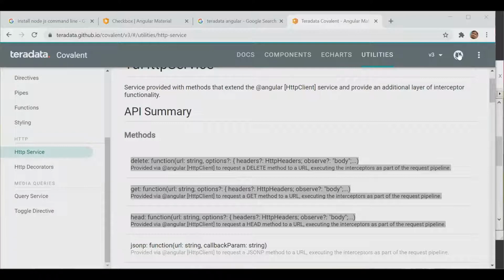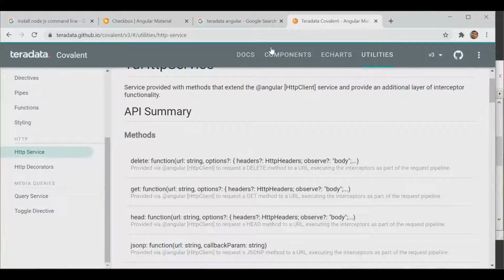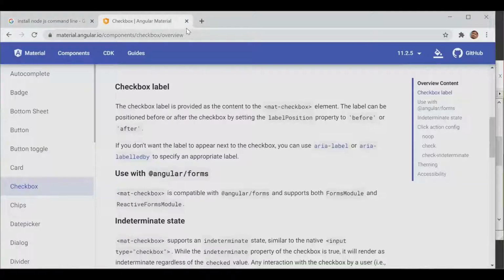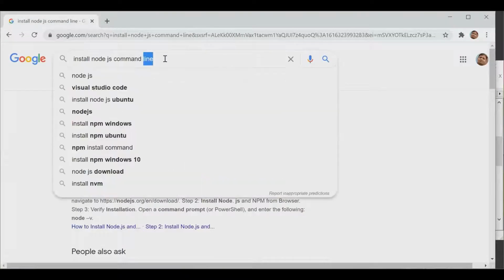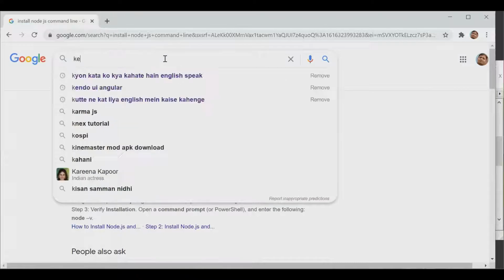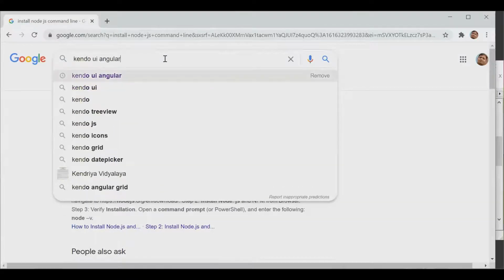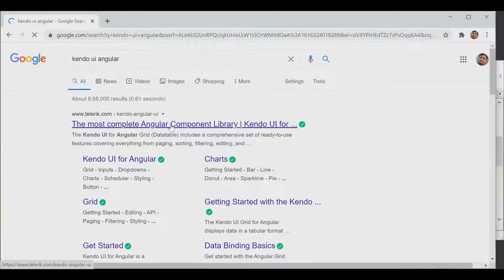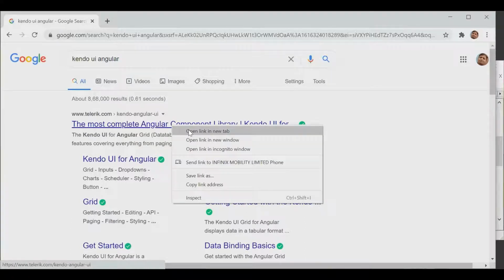Which is easier to use, material design or Teradata? Both are useful. It depends upon the company which one they want to use. Both are suitable. Which should we choose? On top of material design we have Teradata, so we can use both.